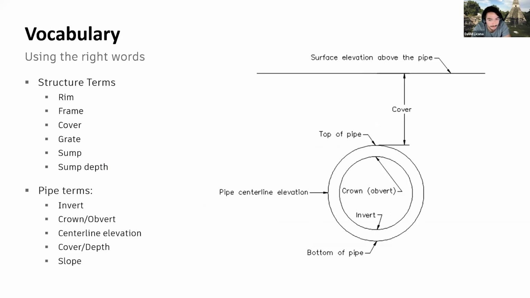So we can go to the pipe ones. The invert, that's the elevation of the inside bottom of a pipe. It's also referred to as flow line. We have the crown, or the obvert, that is the elevation of the inside top of a pipe. Then we have the pipe center line elevation, pretty self-explanatory. The cover or depth refers to the material between the surface and the pipe, and we have the slope of the pipe. So here we're going to work with the slope and inverts